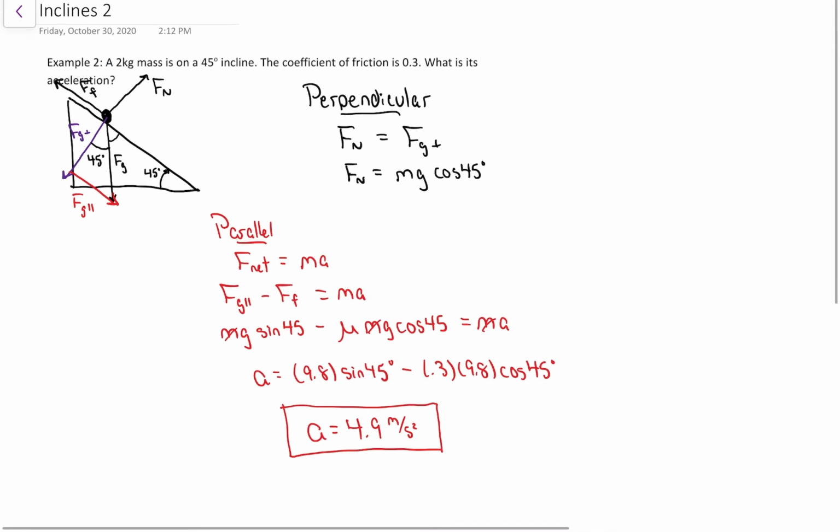So same method. This time we had to do the perpendicular to get the normal force. It's a cosine relationship. And then we had a tug of war in the plane of the hill. The component of gravity minus friction was equal to ma. And then just work it